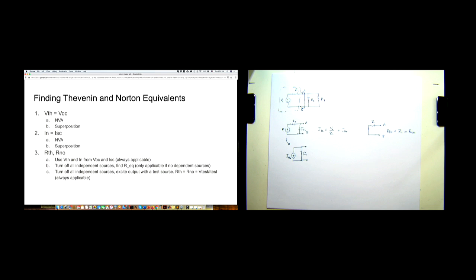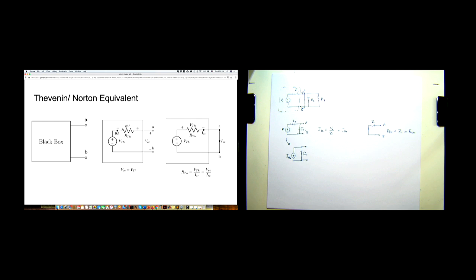However, you should keep in mind that this technique fails when you have dependent voltage or current sources in your circuit. When you have such a thing, you should apply a test source and measure V-test and I-test, and in that way determine your I Norton. Let's see in more detail how these are defined.